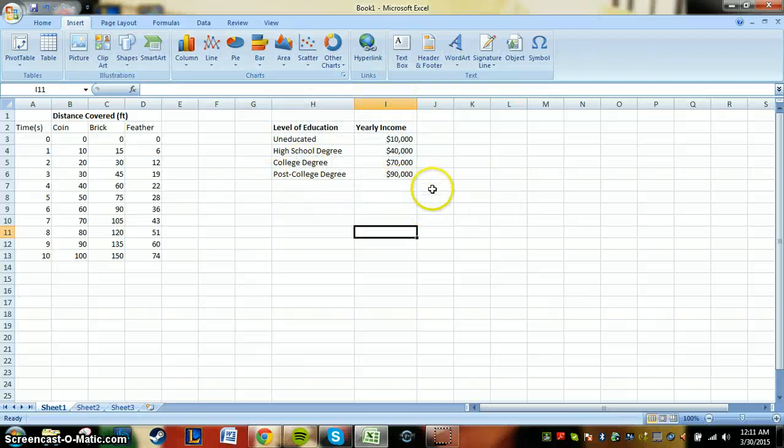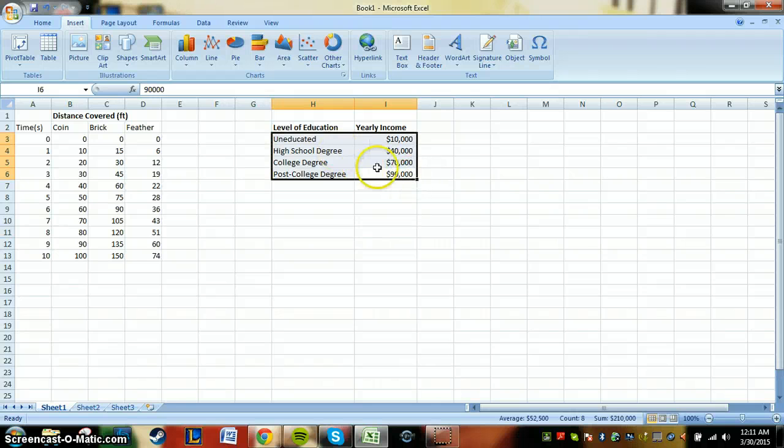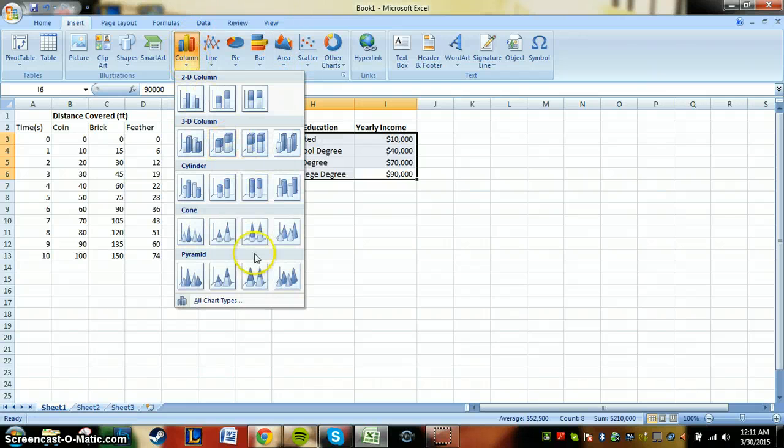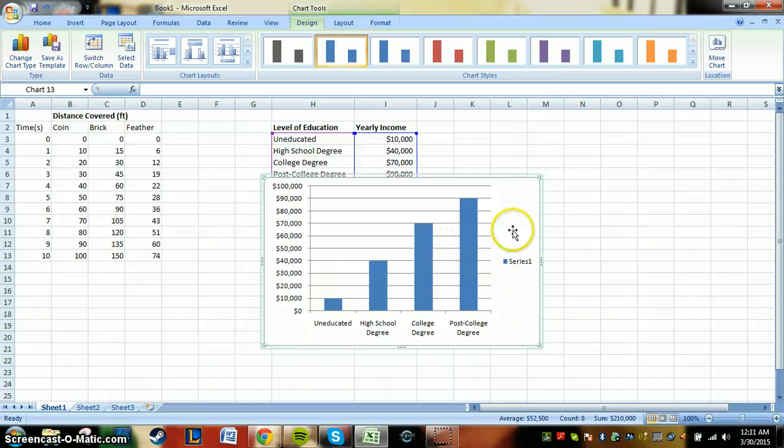But as for now, once you have your data already set up, just click and highlight all of it. Or you can just highlight by clicking one of the boxes and dragging it. Just click, hold, and drag across all of the ones that you need. So here's the labels and the numbers. Once you click one of the graph choices, like I said, these all relatively are the same. The only difference is the visuals. Let's click column, and all these are just different visuals for the same graph. So for the sake of simplicity, I'm just going to click the first one here, and boom, we got ourselves a graph. No biggie, all the information's here, fairly accurate, nothing's really offset,